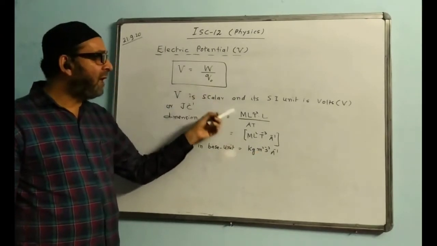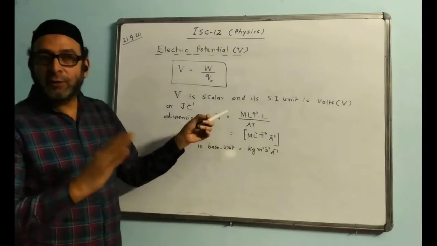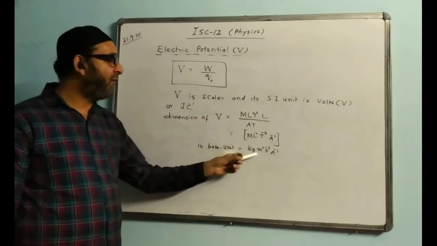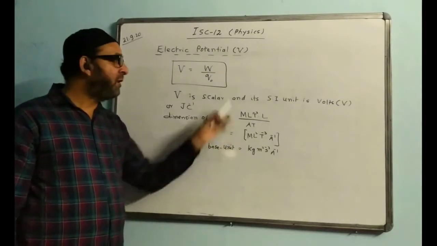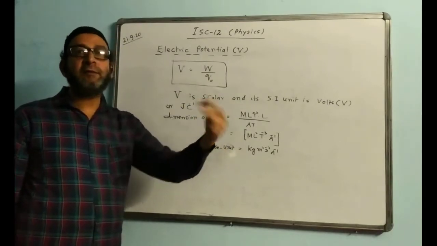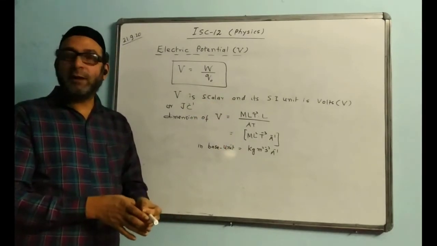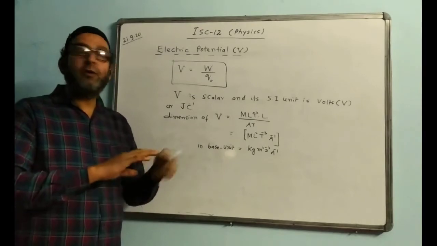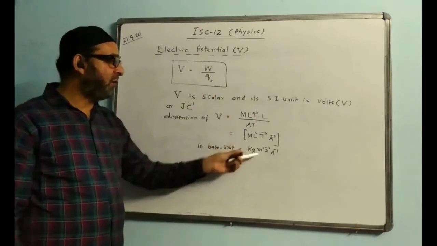You may not show the entire working in your answer sheet, you can do it in the rough side and then show the final answer. The working is to be shown there in the rough side. Either in the main sheet you can show the working and come to this answer, or you can do this part in the rough and write down the answer here.